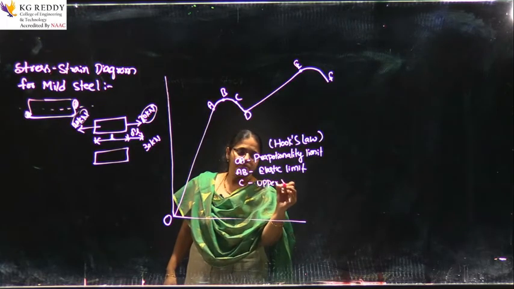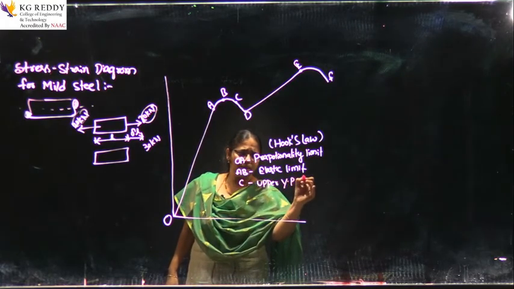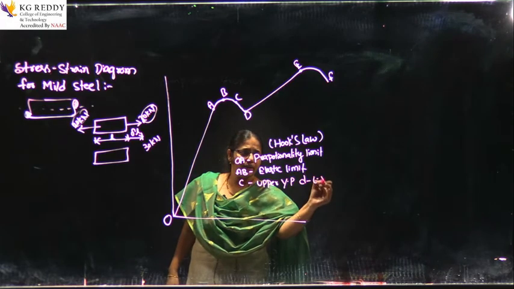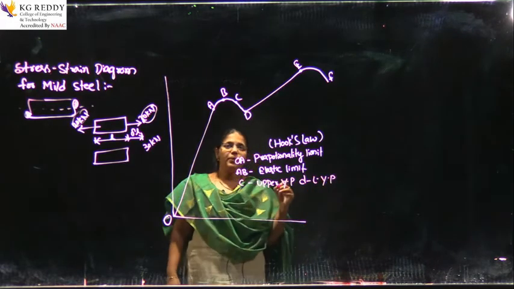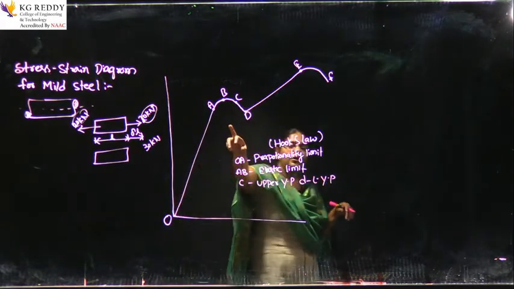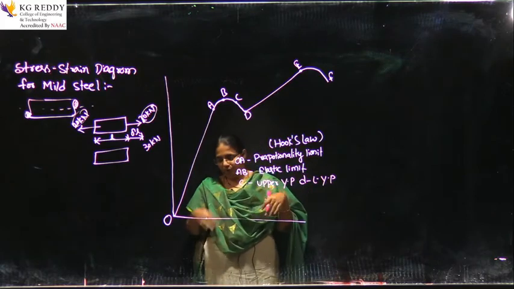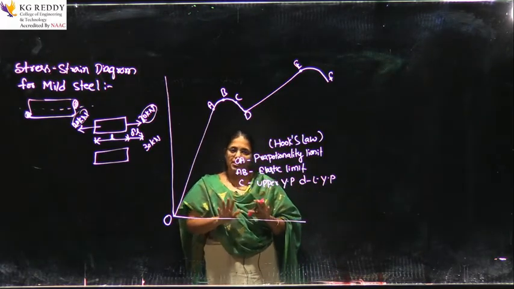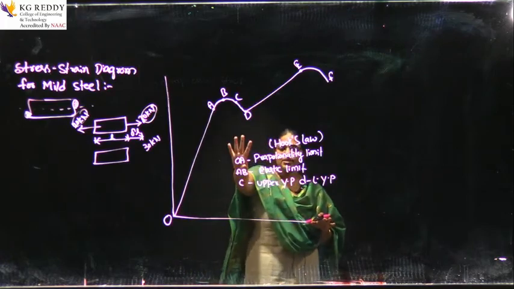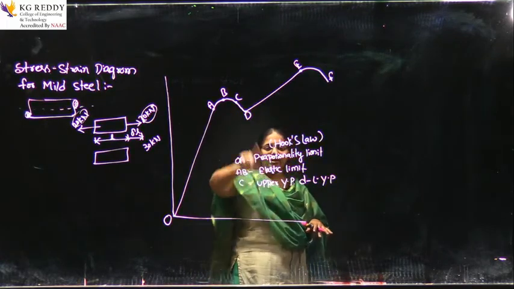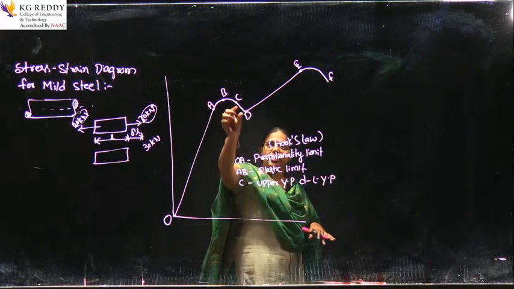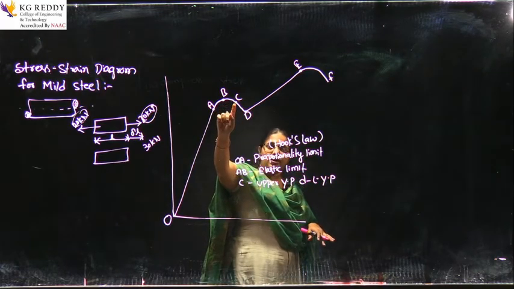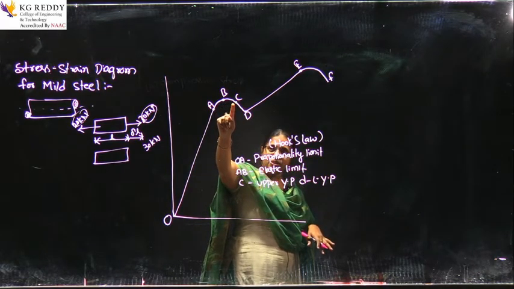So, what is meant by upper yield point? What is meant by lower yield point? Upper yield point is nothing but the point where, wherever we remove some amount of load, the material cannot regain its original shape and size, that means it has reached the plastic stage, right. So, that is called the upper yield point, right. That means this is under plastic deformation, okay.